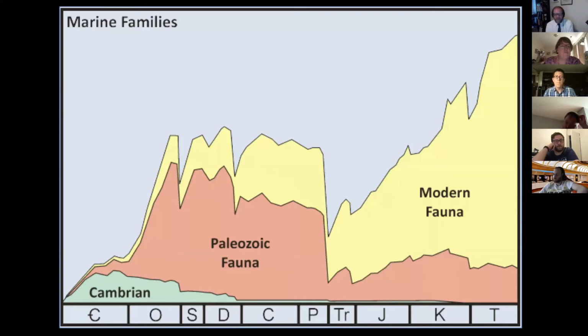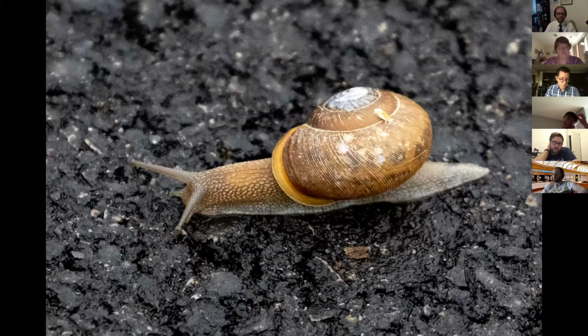So with all of that, we have to address a few questions. Is this pattern robust enough that the way we sample is not influencing the way this pattern is perceived? So I'm going to talk to you about a group of organisms that has a bit of a checkered history